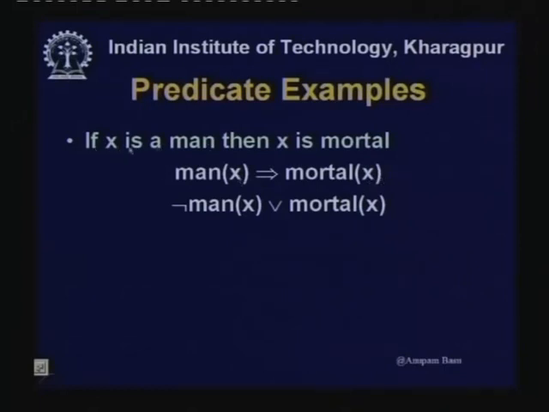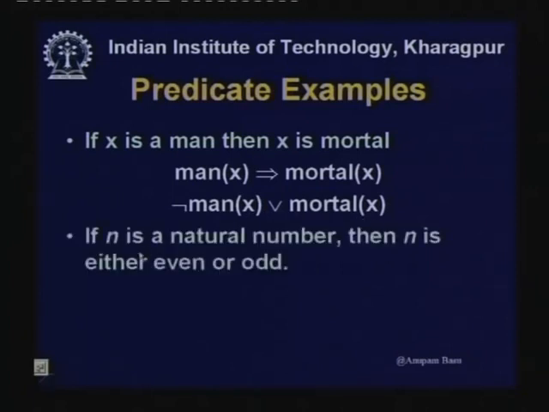If anybody is a man, that means any man is mortal. So, in the clausal form it will be not man x or mortal x. If n is a natural number, then n is either even or odd. Just try to do it. If n is a